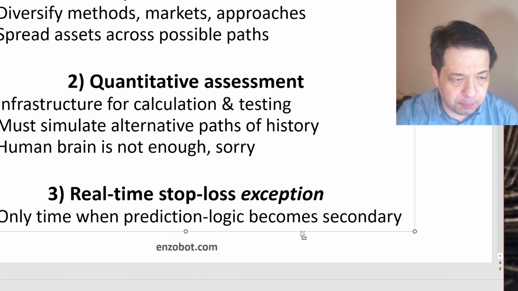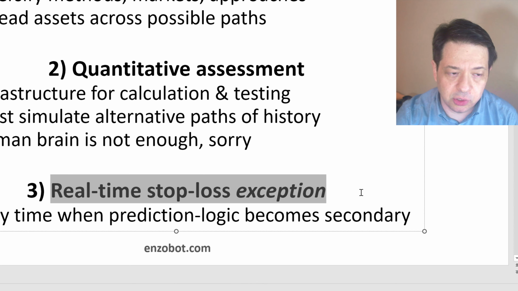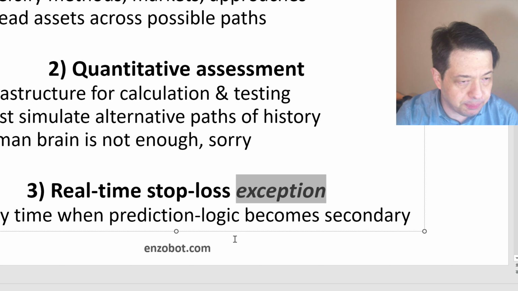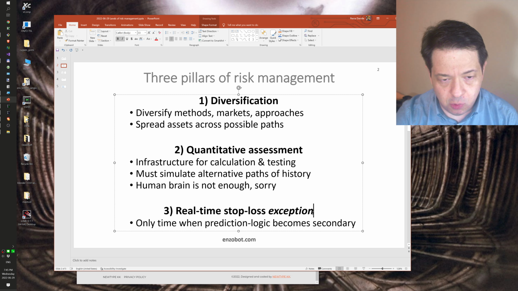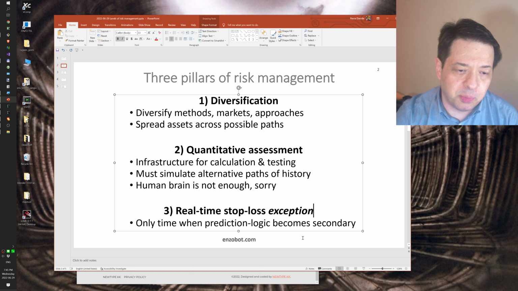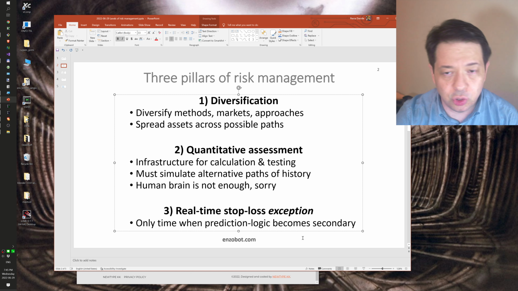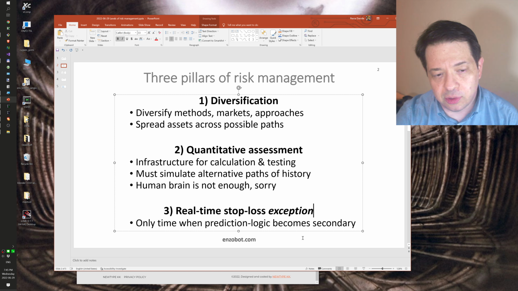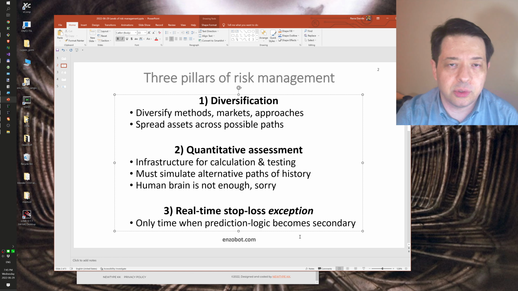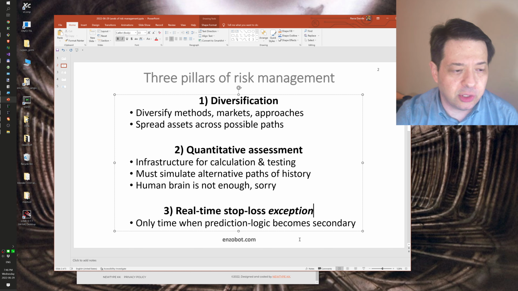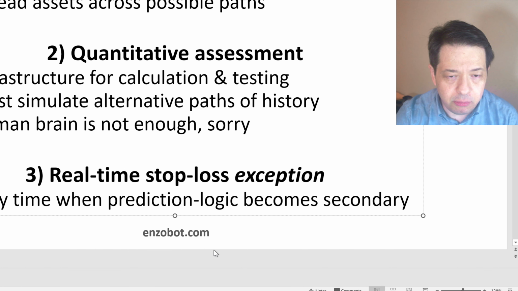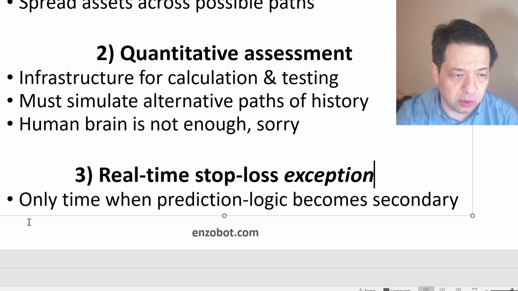So last, but equally important, is a real-time stop loss. And I will call this an exception, because the general rule is that you want to be in an open or closed position, whether long or short, depending on where you think the market is going to be. But beyond a certain point, if your loss in a single position exceeds your allowed risk, then it should be closed. That's kind of an abrupt solution, but it's necessary to limit the risk, especially the accumulation of loss.